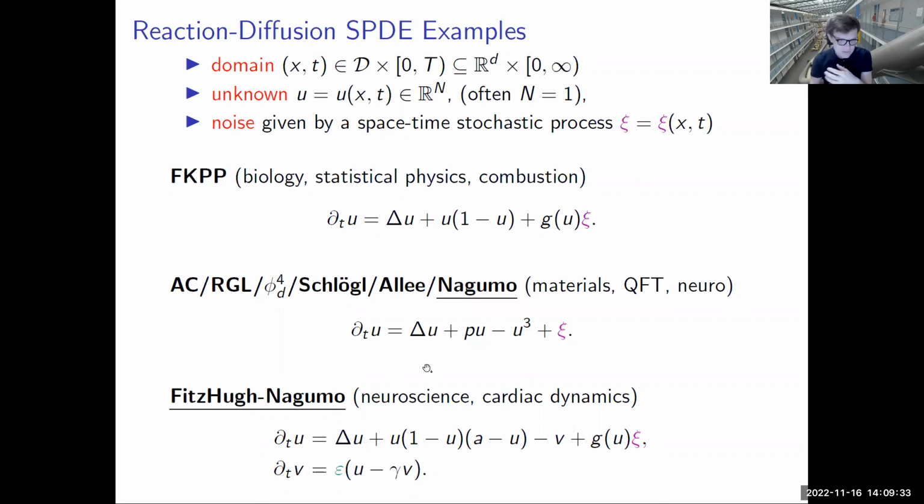And then a more realistic model, still a model, but a bit more realistic, is the Fitzhugh-Nagumo equation, which is also used a lot in mathematical biology, neuroscience particularly, but also in cardiac dynamics. It is the Nagumo equation coupled to another variable; in neuroscience that would be the gating variable for a neuron, and u would be the voltage. And then also this equation you can study with noise. So these are classical reaction-diffusion models, and I am interested in the dynamics of how these equations behave under the influence of noise. Deterministically, of course, many of these things are quite well understood.